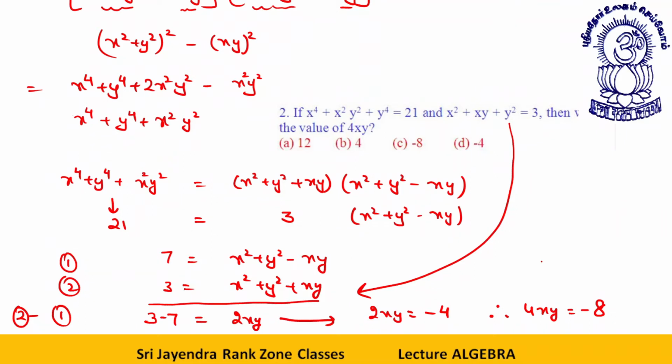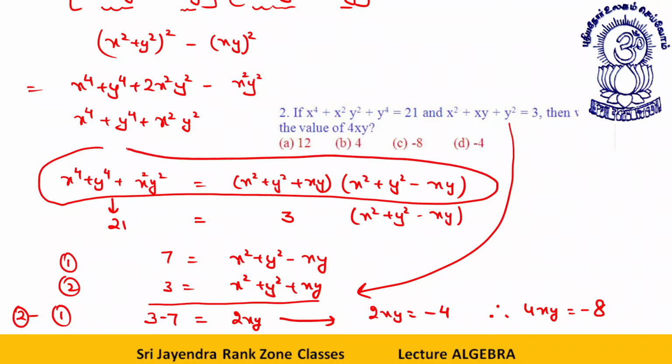This is a very important question, and these days this question is asked in many of the exams. So from next time, you just concentrate on this part. I had to teach you the basics for the first time. Next time, what you will do? You will just do 21 by 3. 21 by 3 will give you 7. This 7 will be the value of x² + y² − xy. Then you already had this value, and this one you have found. You can do whatever operation you want to do on this.